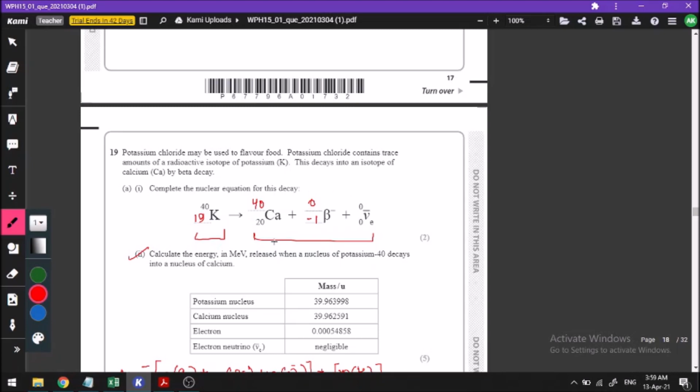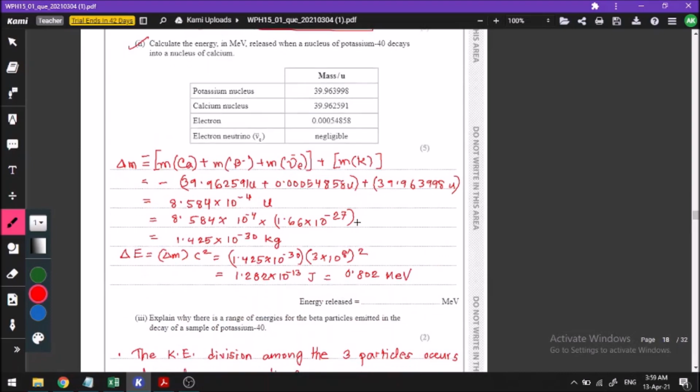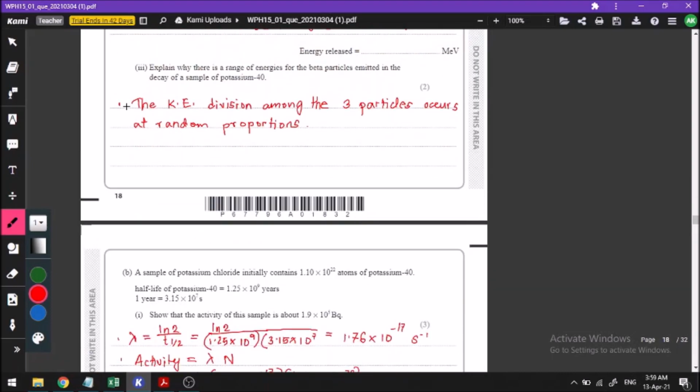But how the kinetic energy is distributed depends upon how these three particles are arranged during the decay. In one decay, the scenario could be that the calcium nucleus has gained the most kinetic energy. In another situation, it could be that the beta particle has gained the most kinetic energy, and so on. So the distribution of the kinetic energy that results from this decay is not constant. It can vary from decay to decay. That is why the kinetic energy of the beta particle, and indeed the kinetic energies of all these three particles, vary from decay to decay. And exactly that is stated over here in a more concise statement.